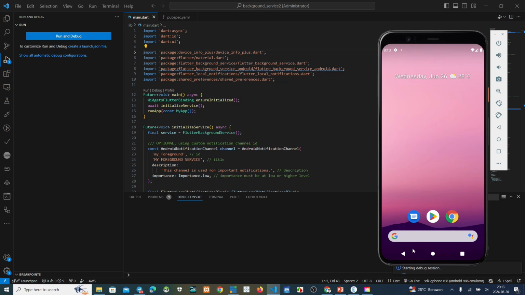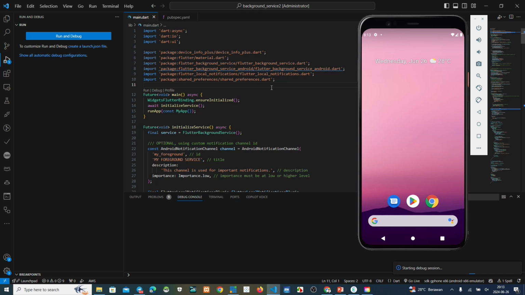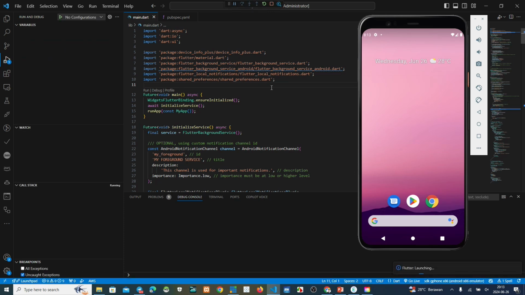Okay, we must wait for a moment to run this project. We can see if there is something wrong here, and then we must update and we run again. This is how to develop Flutter background service from zero to finish.